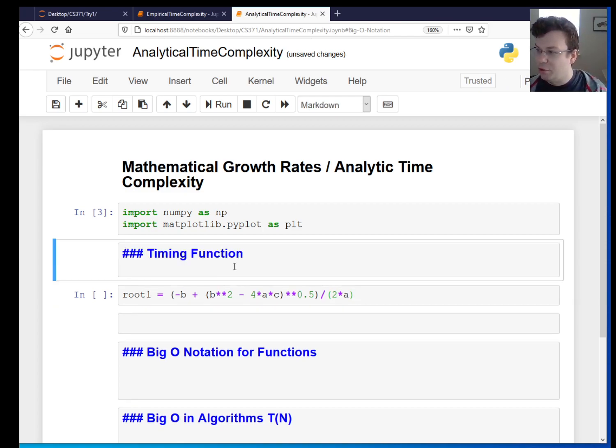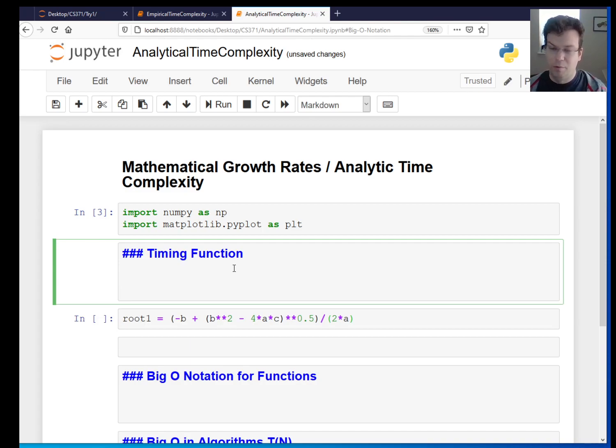I'm going to establish a rigorous way to compare algorithms, which means a way that's satisfactory to mathematicians. And mathematicians tend to go through a bunch of definitions and then proofs, and that's pretty much it. But we have to figure out what it is that we're trying to define here, and how does that help us to study algorithms. So let me start off by defining something called a timing function,